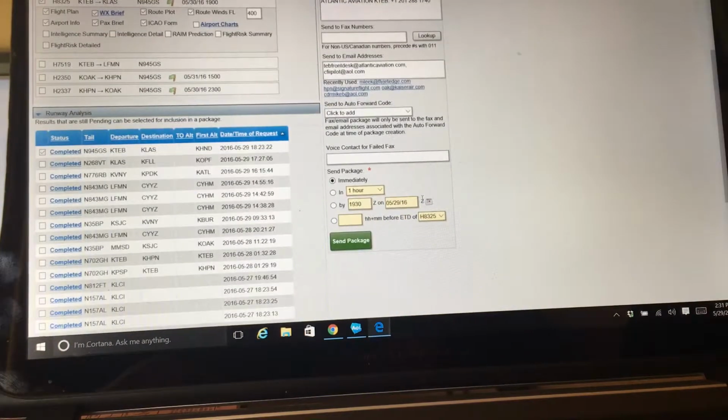When do I want it emailed? Well, I want this package sent to me at 2 hours before the estimated time of departure. And that H8325 is our recall number. That's the flight plan number that was assigned to our flight plan. Then I will hit Send Package. After I have the Send Package sent,